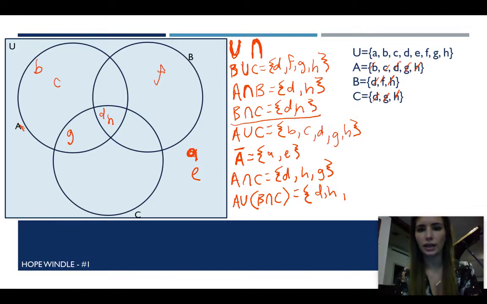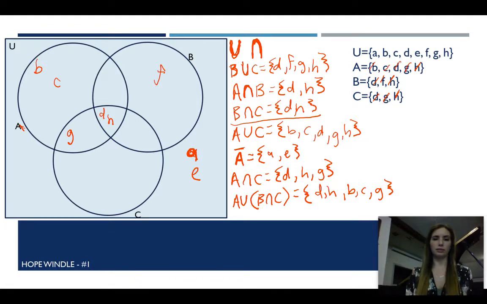And we're just going to go ahead and add all the other elements that are in A. And then we have G. All right. And that is going to basically teach us how to break down a Venn diagram and check out how sets really work. So let's try to apply what we've learned